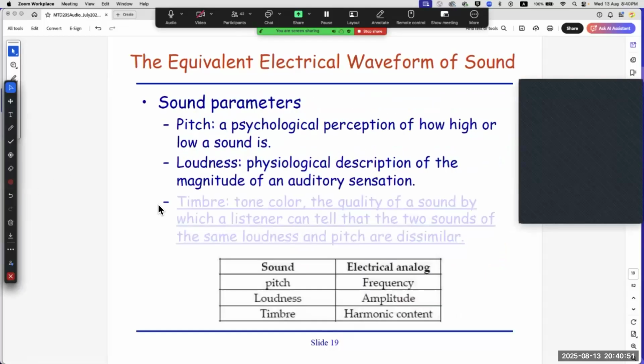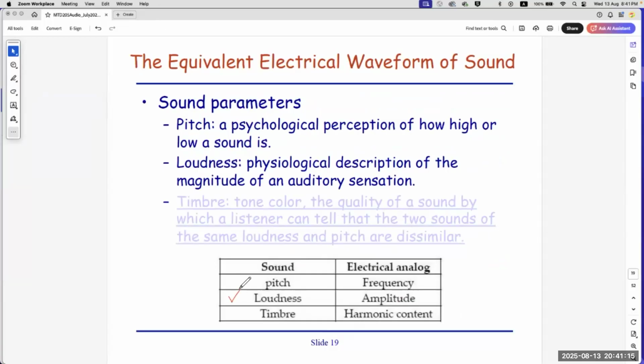And this is the last slide before we call a short break. For those playing music, you will definitely be familiar. Whether you play a guitar, a violin, or a piano, those who are very good in music will know that to convert to an electrical representation, how loud is the music, how loud is the piano, is actually called amplitude in the electrical representation. In the next slide, we will talk about that after a short break.